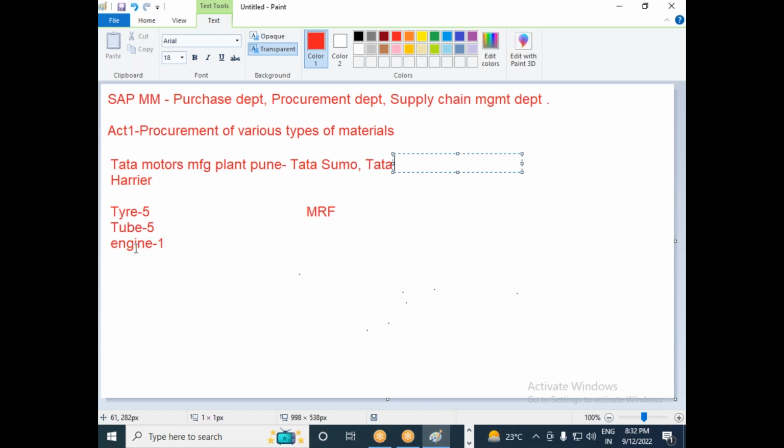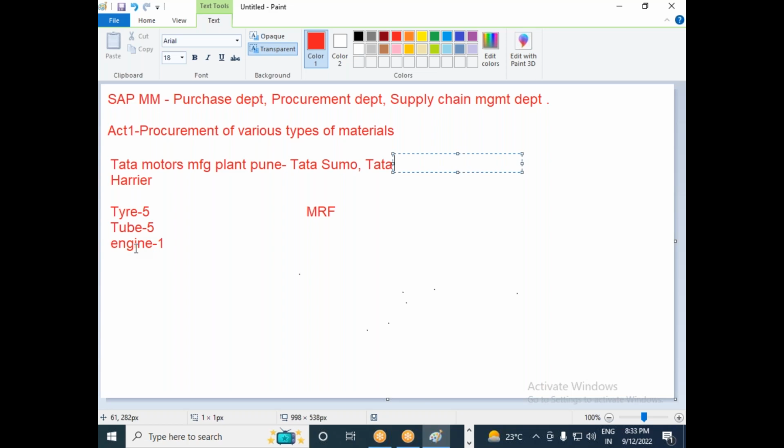Here we are discussing a simulation project, right? Simulation project means you are just taking some dummy data and trying to execute the transactions in SAP. It is not a real-time project, it is a simulation project, a model project you are going to do. But we will take at least 10 to 15 classes related to the real-time project as well.